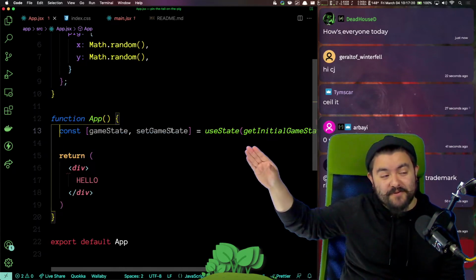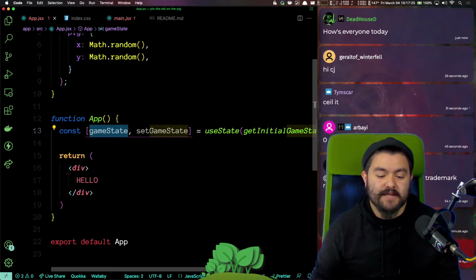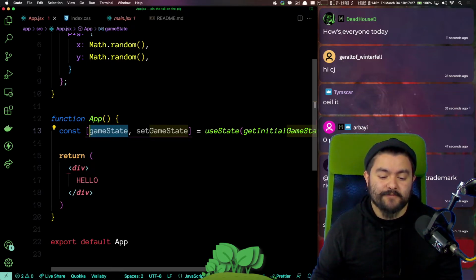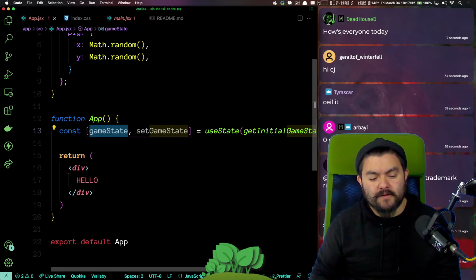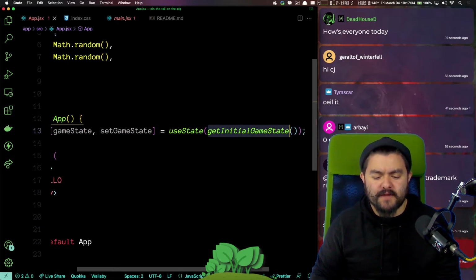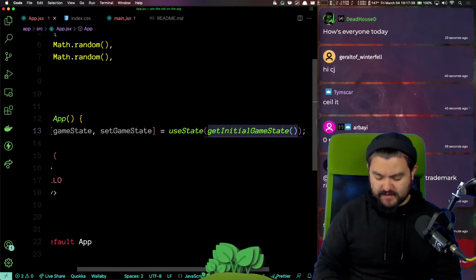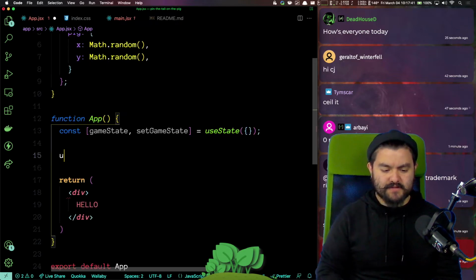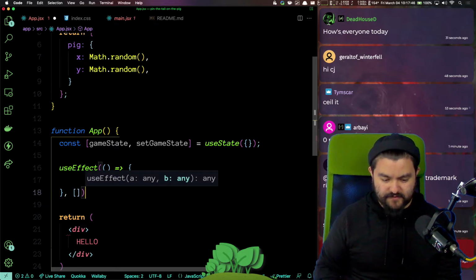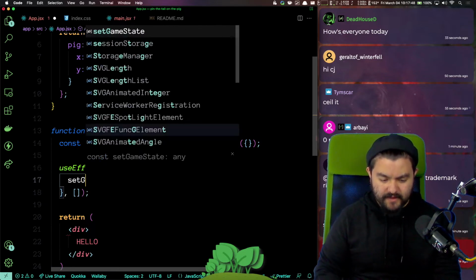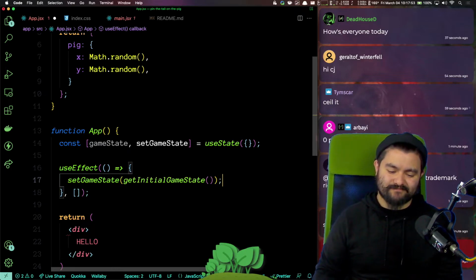So when our app component first loads, we're going to get this initial random location, and it'll stay that way. One thing I could do is let's say the game state starts off like this, and then I could do useEffect. So the moment it mounts for the first time, then we say get initial game state like this.